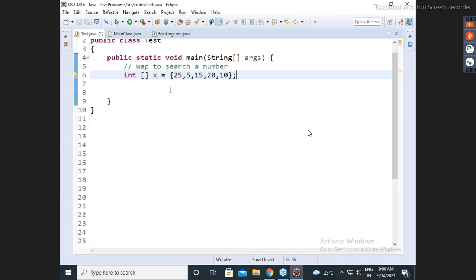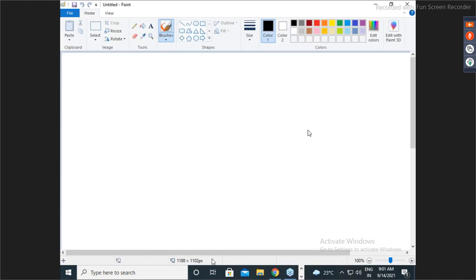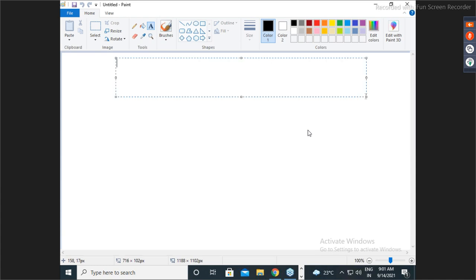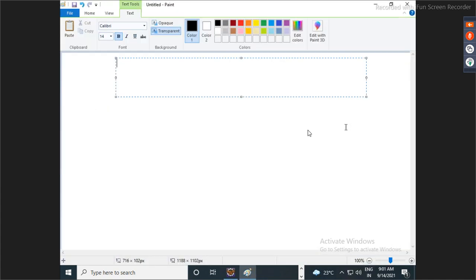First, cross-check the number whether it is greater or whether it is lesser. If greater, swap the position. Okay. So, observe guys, I'll explain the same flow here. Pay attention on screen. So, what is my array: 25, 5, 15, 20, 10.